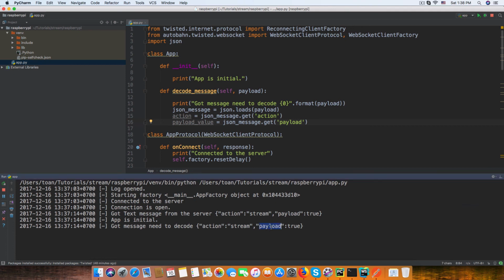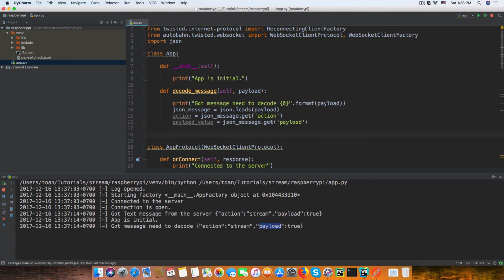This is the payload field, a property. Right, so here we need to do this. But we need to make a check by if